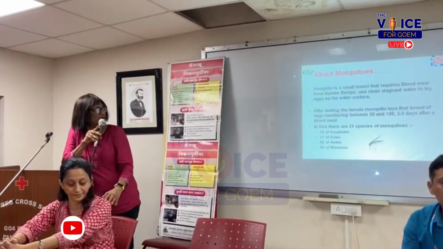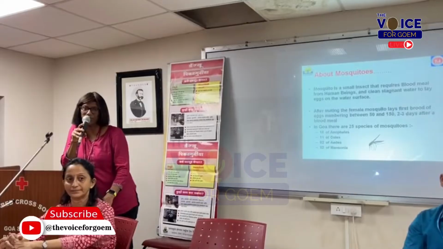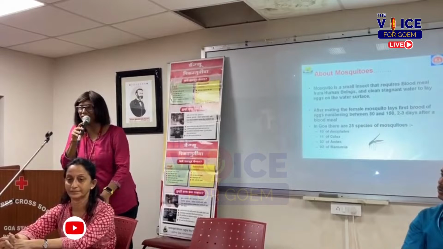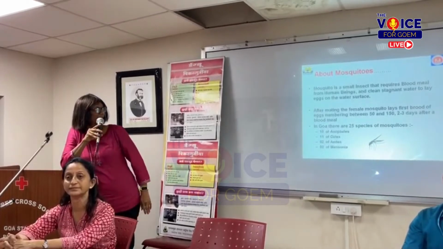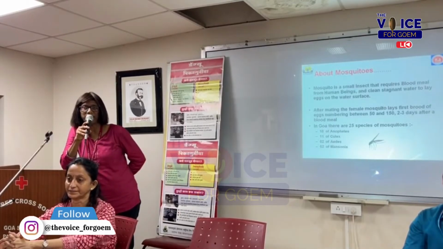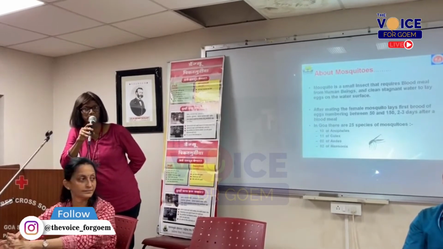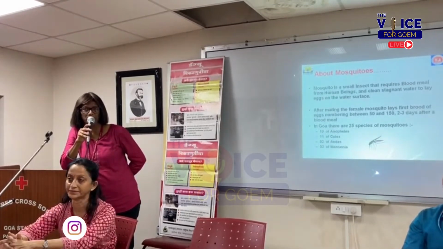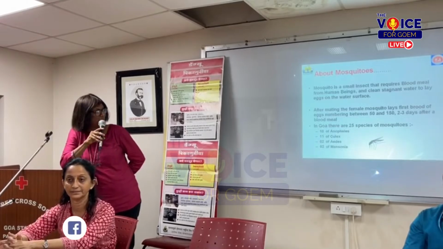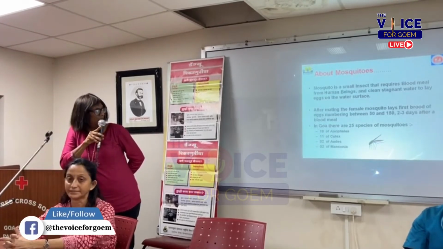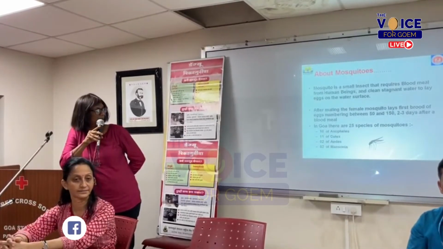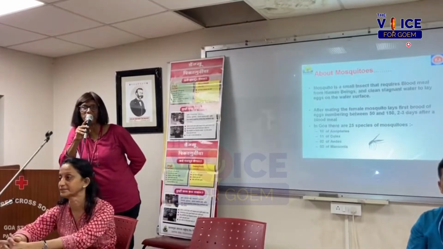Next, going on to the mosquitoes in general. We all know mosquitoes, we have all been bitten by them at some point of time because we all live in a tropical place, in a country like India. The females are the ones who bite us, and for the female to complete her cycle and lay eggs, she requires a blood meal, and that she takes from human beings. After the blood meal, after a couple of days, she lays eggs, and she usually lays them in clean stagnant water.